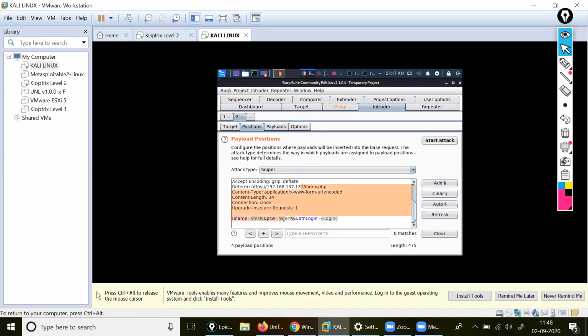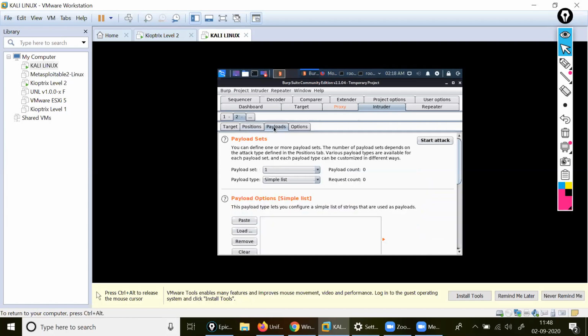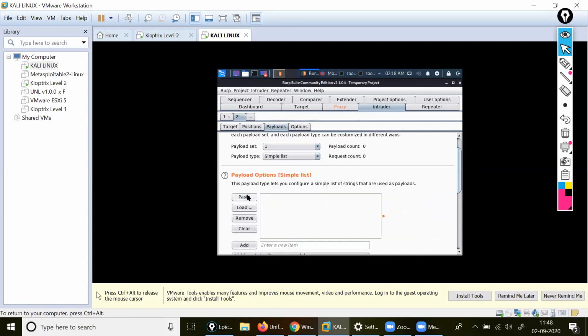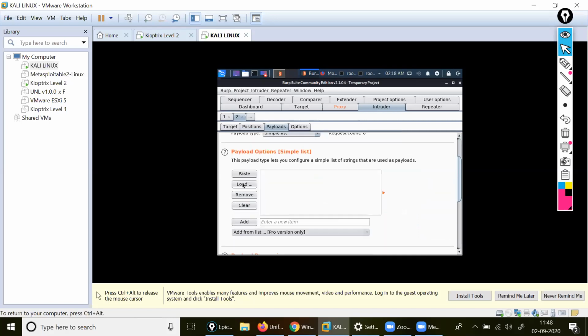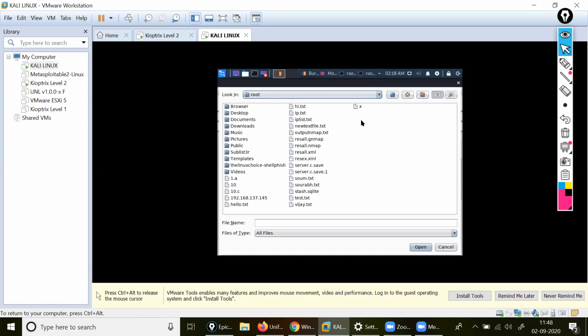Just a minute. First, what you do, clear it. Then after, click on that and add. Understood? Okay, fine. After that, we are in the positions. We come on the payload. Inside the payload, what I will do, try to paste it. It will paste here. Wait a minute. Load is this one.